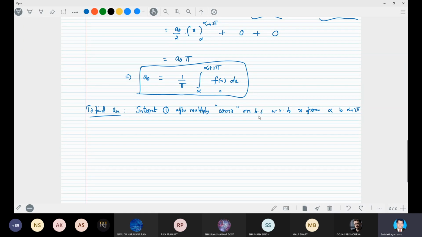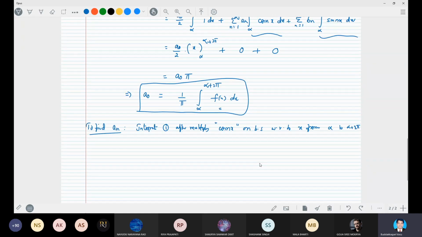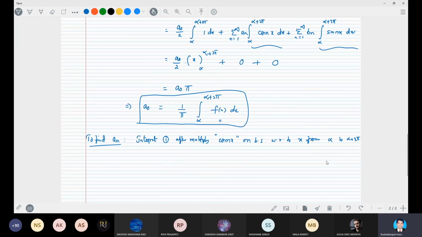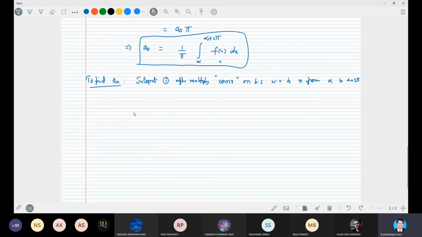First multiply with cos nx on both sides of equation 1 and then integrate with respect to x from alpha to alpha plus 2 pi, which will give you the result as